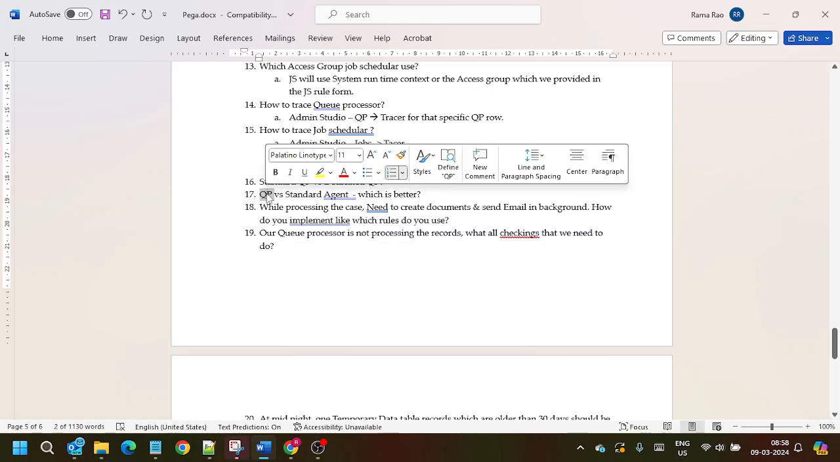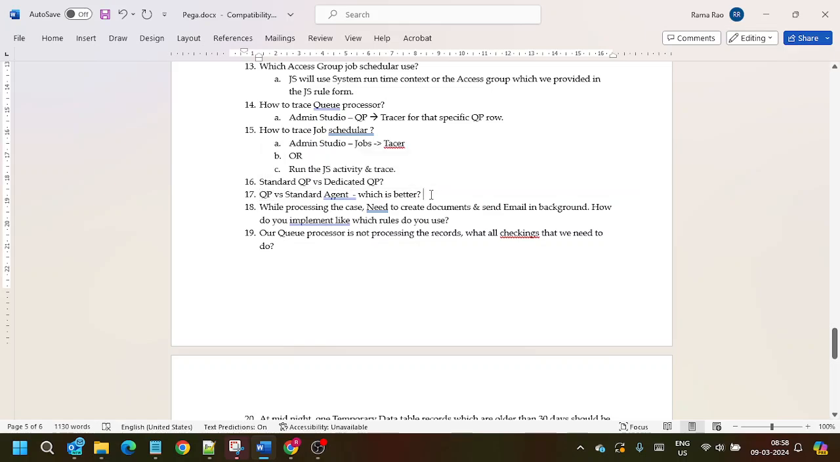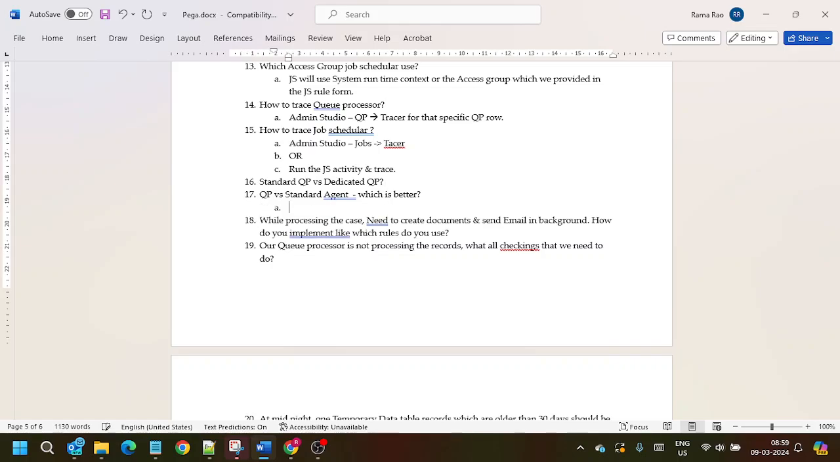But I would say that queue processor has a lot of benefits. It is way better than standard agent in terms of performance. It is easy to implement for developers. It is easy to debug. It has better performance. You can select it. Why? Instead of waiting for the interviewer to ask why, you need to tell them why, because queue processor uses